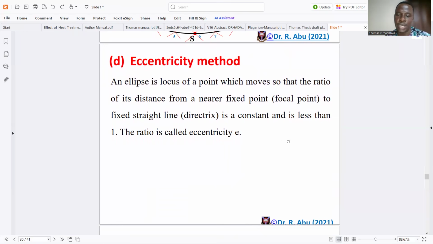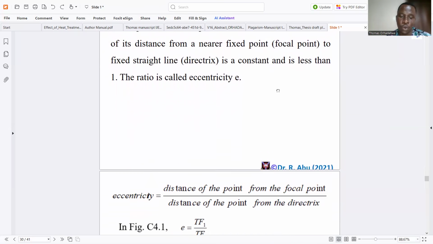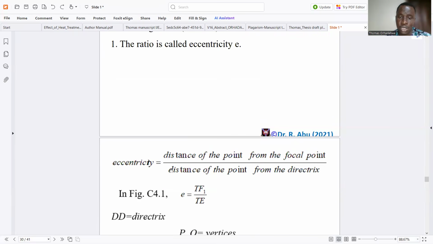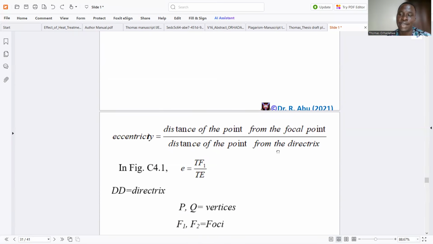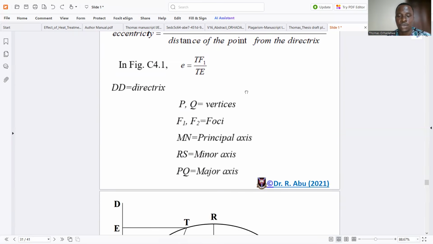So the ratio is called eccentricity. For an ellipse, eccentricity is less than 1. What are we saying? Eccentricity is the distance of the point from the focal point over the distance of the point from the directrix. So in figure C4.1, you can see that